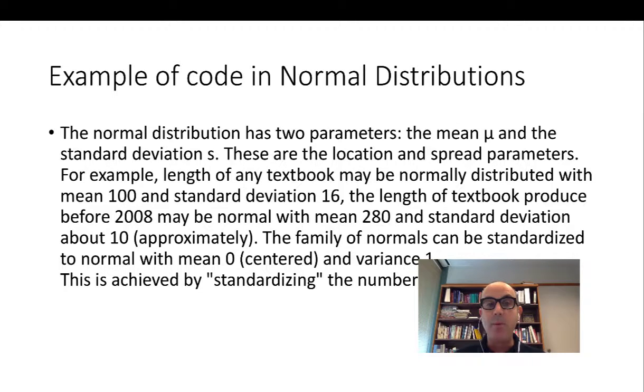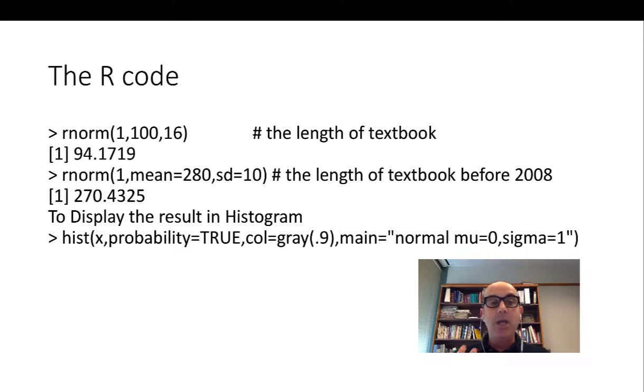So, an example of normal distribution. We have two parameters in the normal distribution, the mean and the standard deviation. So again, if you are looking at the family of norms to be standardized to normal with a mean of 0 and variance of 1, it is achieved by standardizing the numbers. This is the formula that we learned: Z is equal to x minus mu divided by sigma. And by doing that,